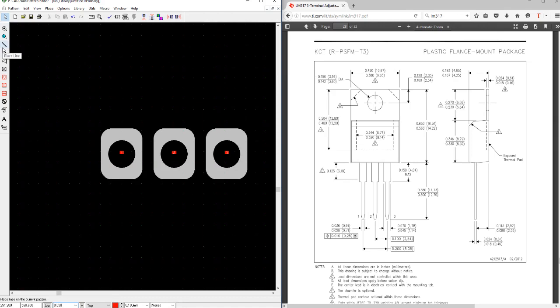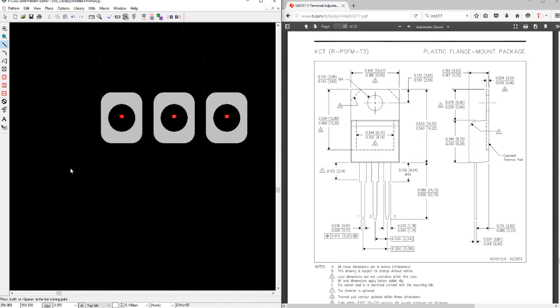Next we're going to place line, and here we need to say at the bottom which layer it is, so we're going to draw it on top silk. Here we're going to say the line width 0.2 millimeters, which most fabricators can manufacture. So at this point, let's go and place the line. So we place the line,